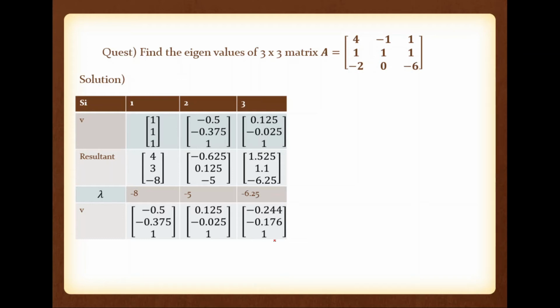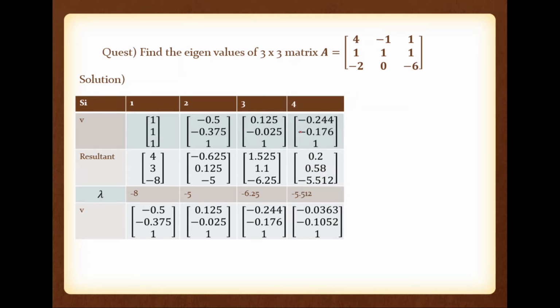Okay. Now these two, the current new vector and the previous one, are different, so we have to continue. But here you can see one thing: the last element is 1. It means we are actually finding the third eigenvalue, lambda 3, and this is the third eigenvector V3. Please remember that. Take this one as the initial vector of the next iteration.